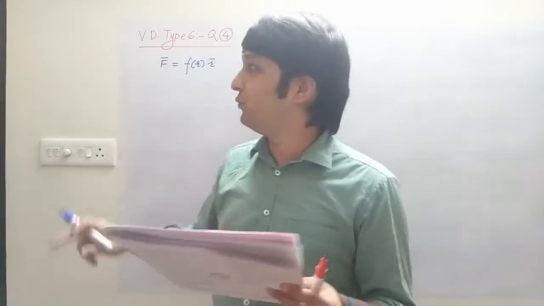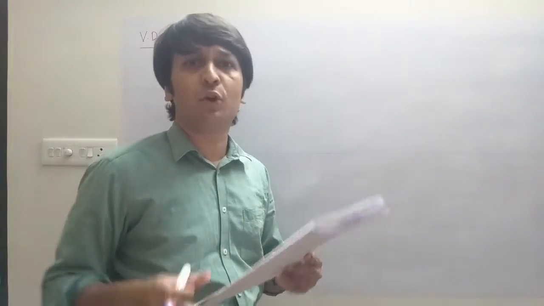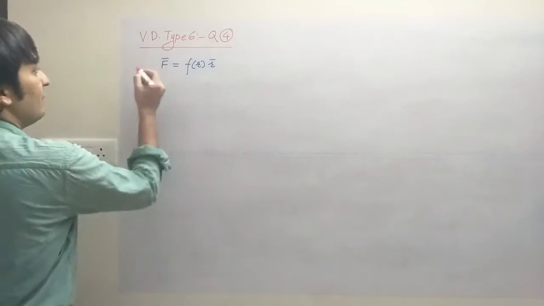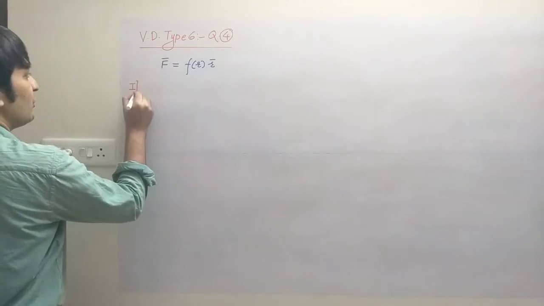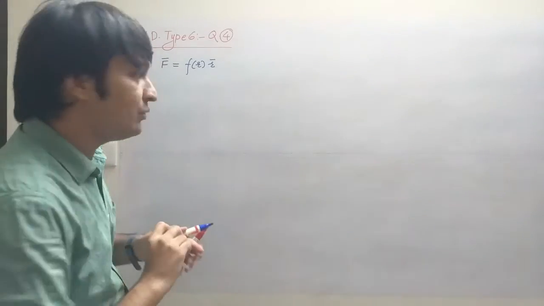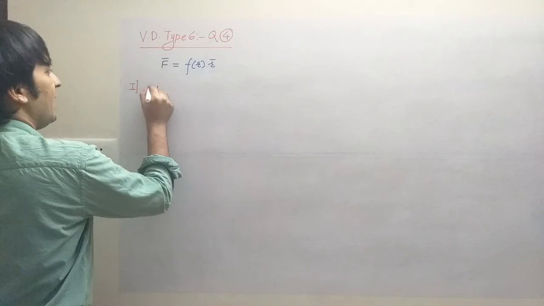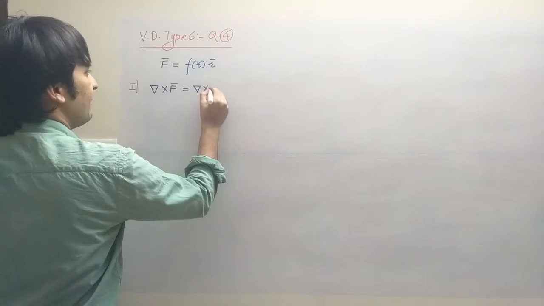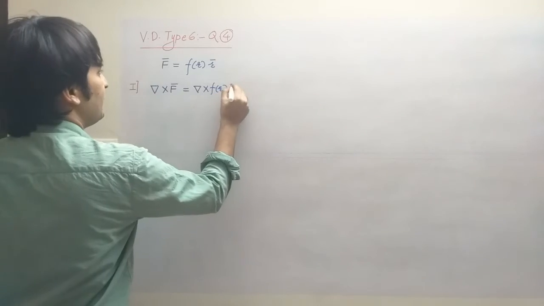So we have to prove this is irrotational. That's the first question. We'll solve first question, then we'll think over next two. Okay? Check how. So we'll go stepwise. Step number 1, we have to prove this is irrotational. How? Check this. For irrotational, I have to consider del cross f bar. And what's del cross f bar? F bar is f of r into r bar.